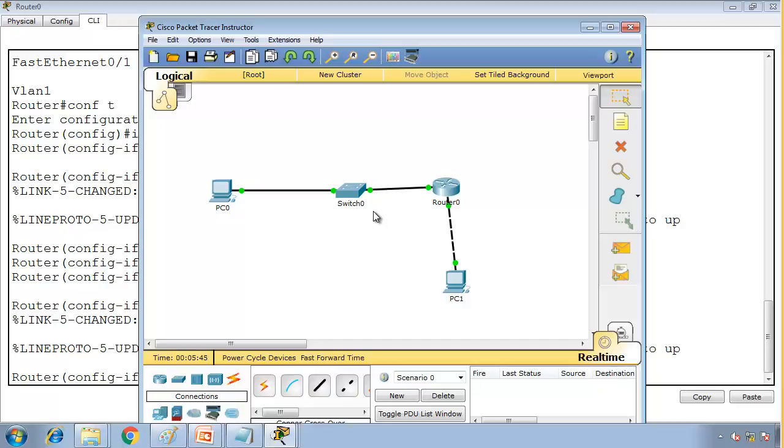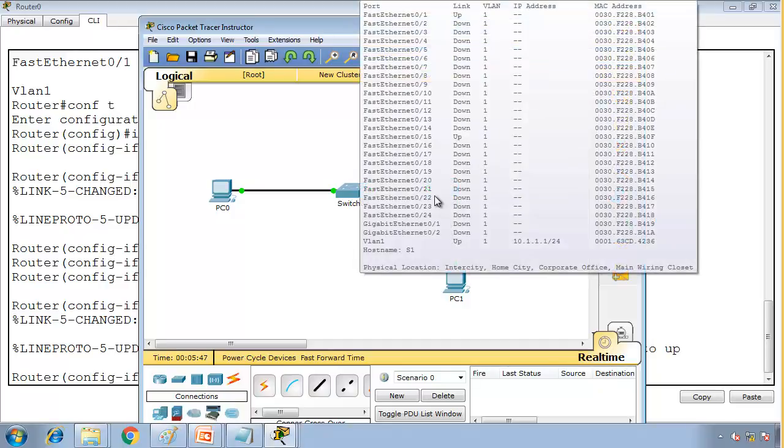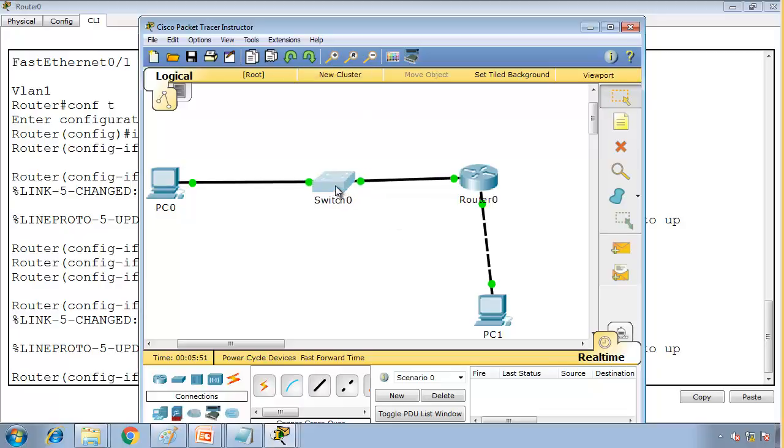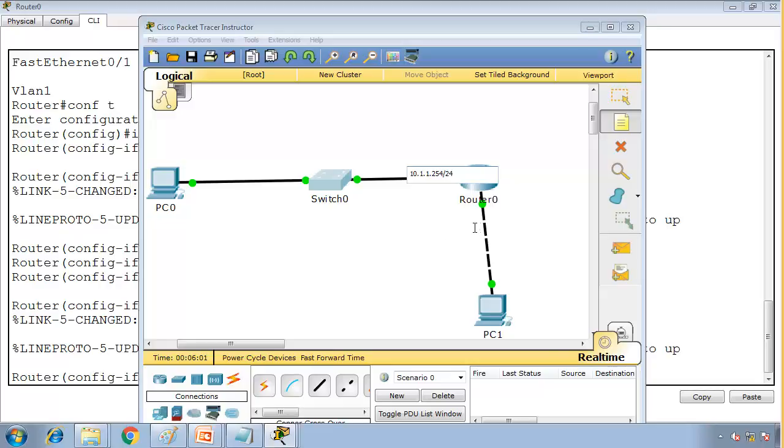So for that reason, the switch needs to have the IP address of the router. Let me zoom in a little bit. For that reason, this switch has to have a default gateway. So imagine this router IP address is 10.1.1.254/24, and this side we're going to give an IP address of